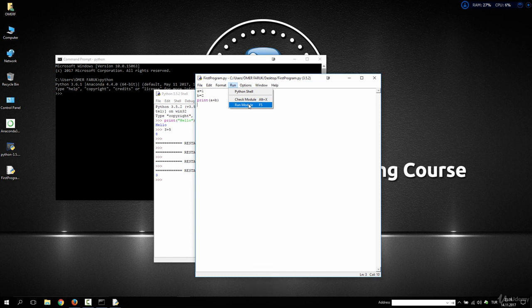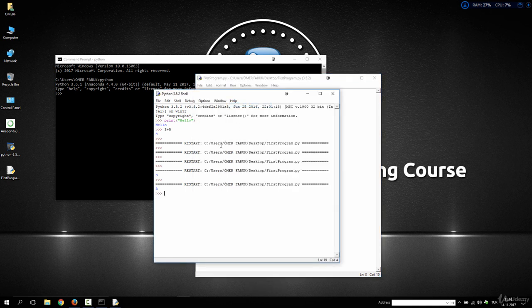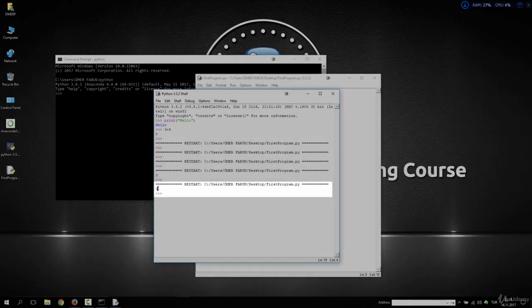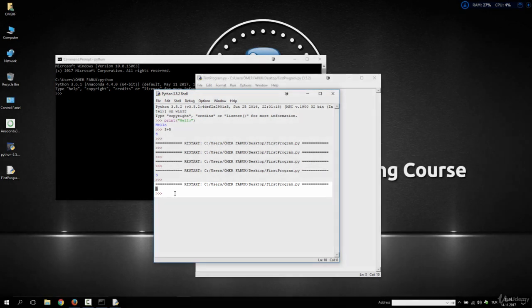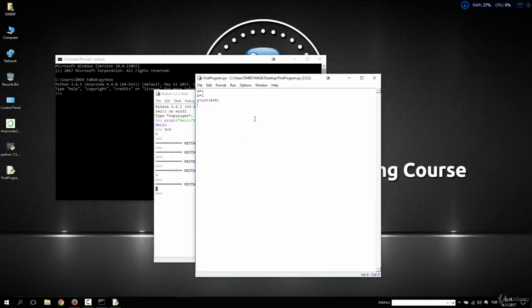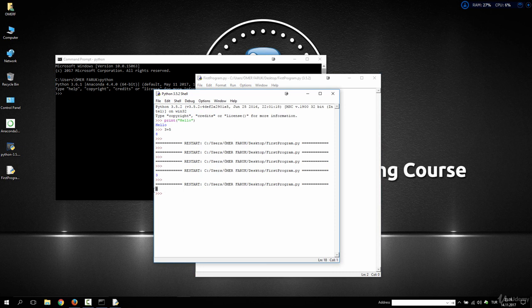So when I run this, it prints that a plus b is equal to 3, as you can see. Because a is equal to 1, b is equal to 2, so the printed sum of these values will be equal to 3, as you can see. Actually, we ran this file here. There is also another way to run a Python file. For example, I'm closing this window,